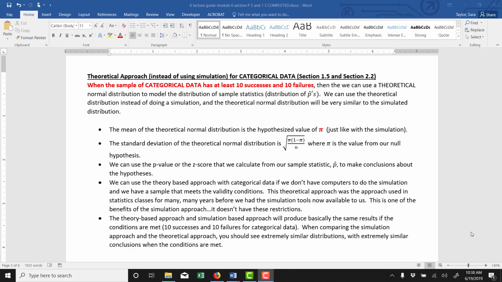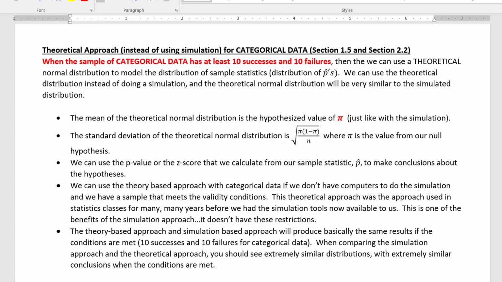This is Module 6. In this video, we're going to look at the theory-based approach for categorical data, and then we're going to do example 5. So far in the course, we've approached hypothesis testing using simulation. In some situations, it's possible for us to use a theoretical mathematical approach to answering the same questions that we've